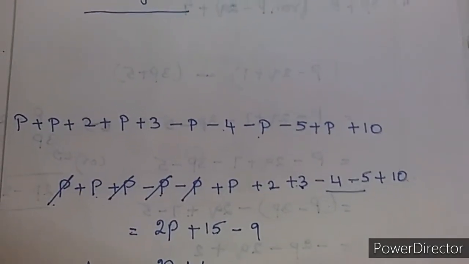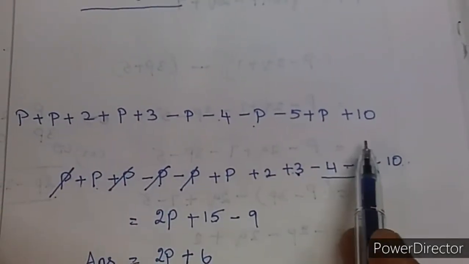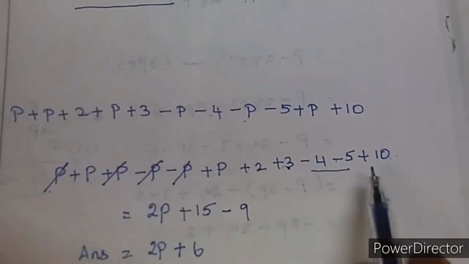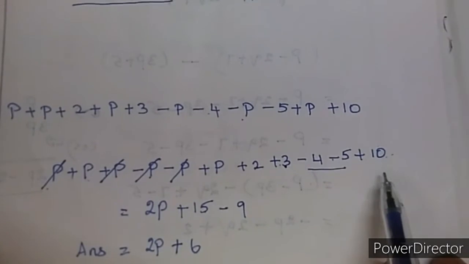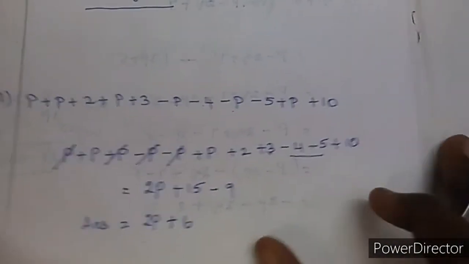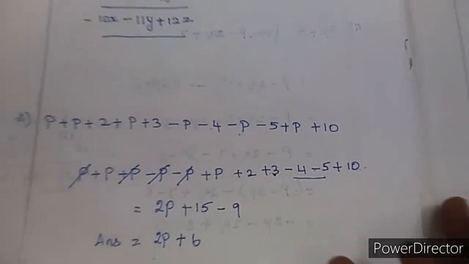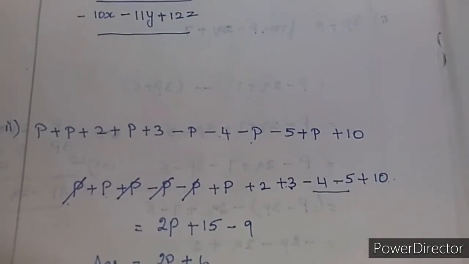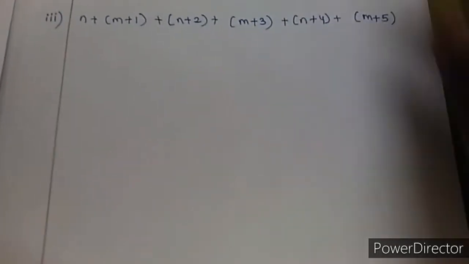Understand students, this sum? I am trying to simplify this sum. I am arranging the like terms and all same, and the constant numbers are here. So you try to solve this sum. Again and again try the sums in your revision note, so that easily you can able to do the sums. Let's move on to third subdivision.